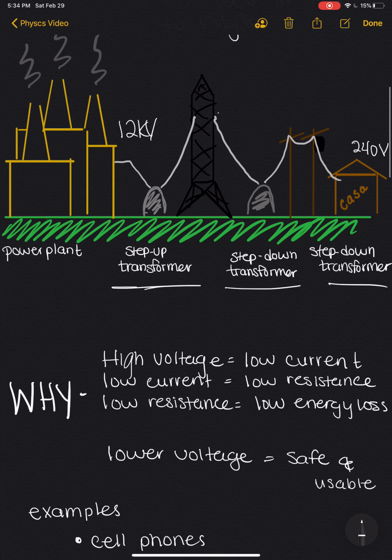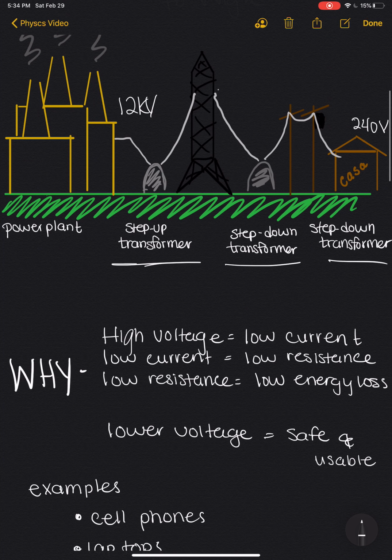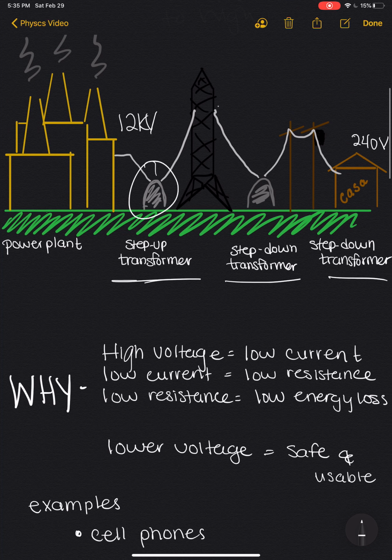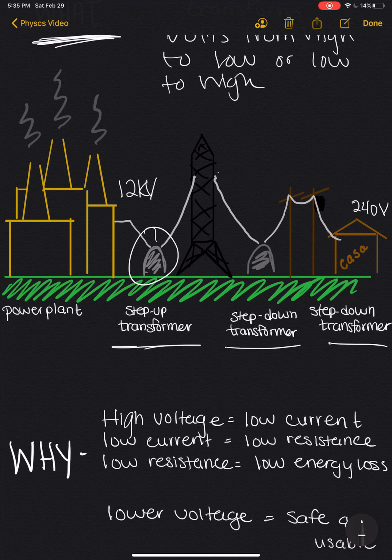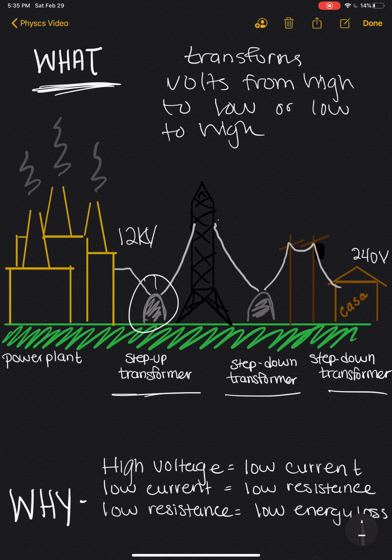Well, the first thing we need to do is get it all the way over there, and if we want to transport it, we got to increase the voltage. We'll talk about that in a second. So we want to step up the amount of voltage. We want to increase the voltage, and we do that through what is called a transformer. Transformers transform volts from high to low, in this case, low to high, right? And so that's going to transform it to about 400 kilovolts,